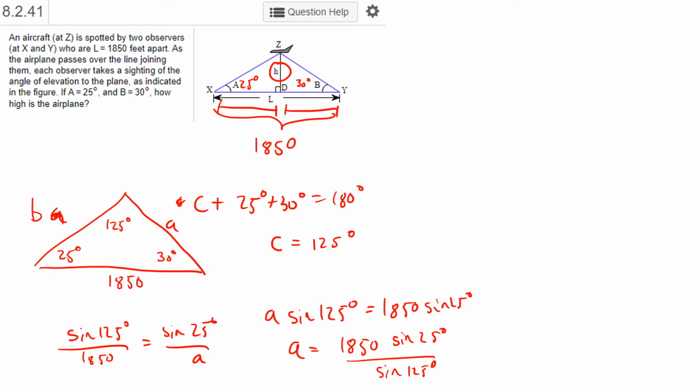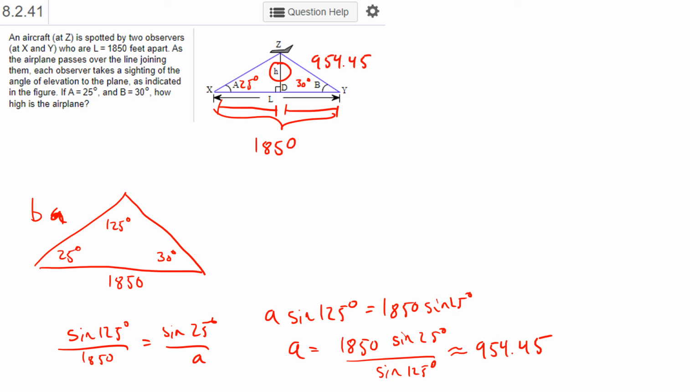So 1,850 times the sine of 25 degrees divided by the sine of 125 degrees. And I've got 954.45. Okay, so I'm going to go ahead and label that as this distance here. Okay, that was my lowercase a. It was the right side of the triangle. So I'm going to go ahead and just put it in the top diagram. This is about 954.45. And now we're going to go ahead and do similar work